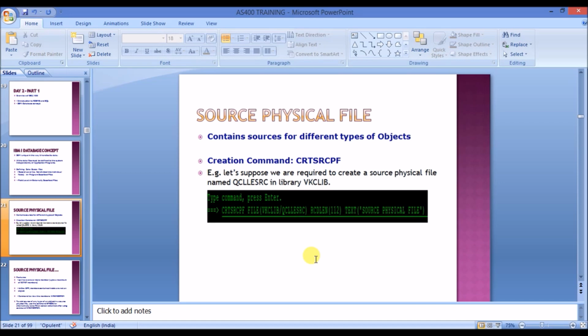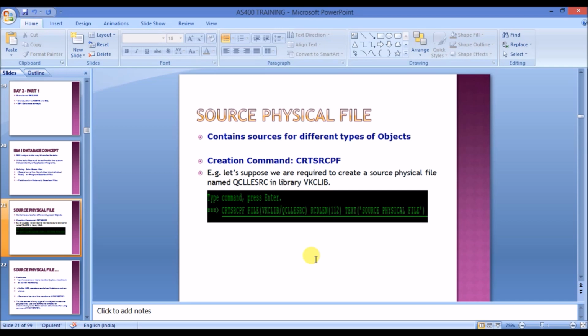Now let's see some overview of source physical file. So what exactly is this source physical file? A source physical file is an object which contains the sources of different types of objects.